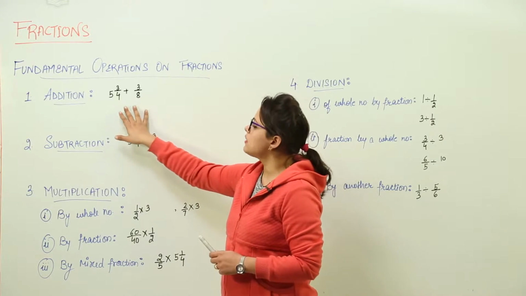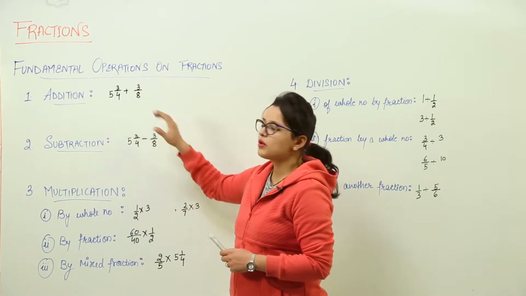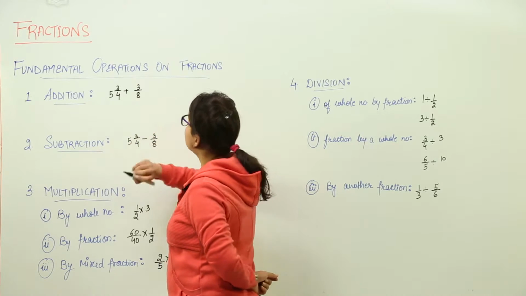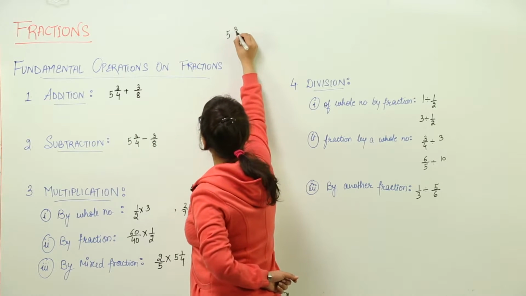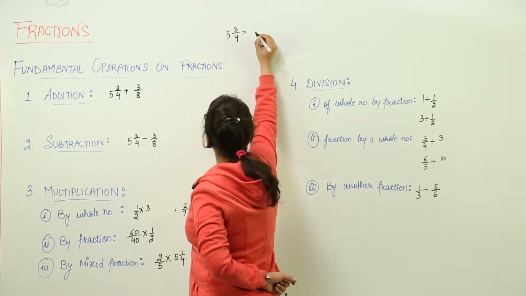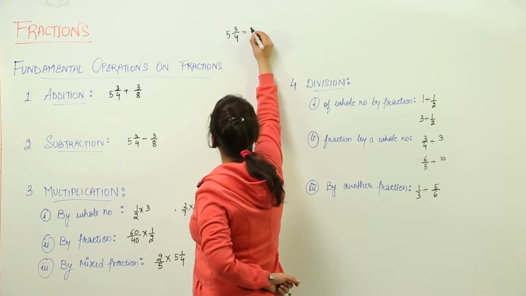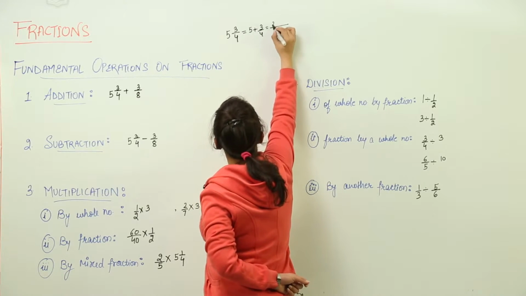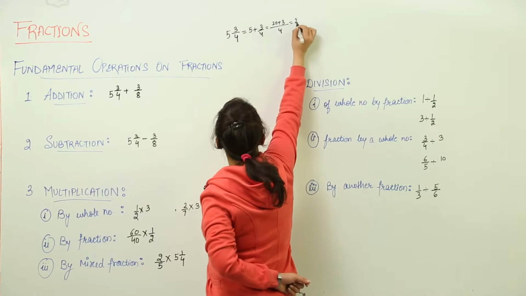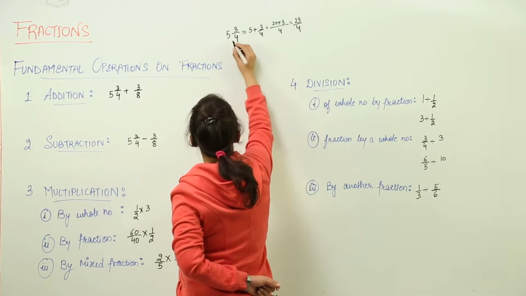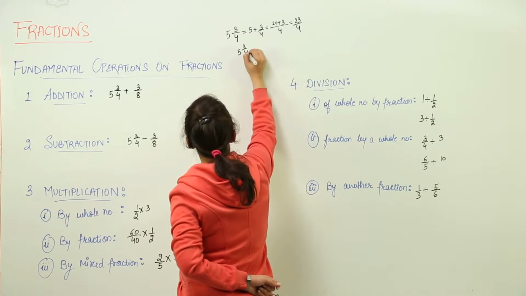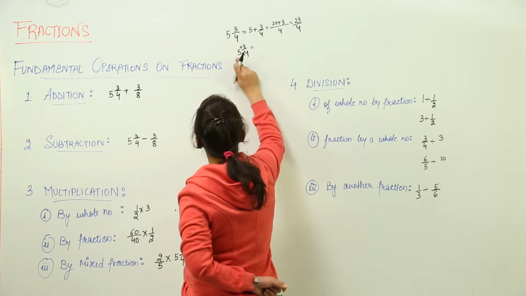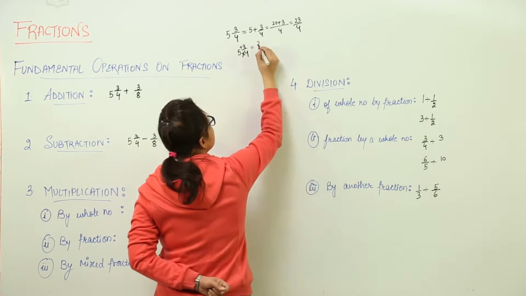Over here I have taken the example of a mixed fraction and a proper fraction. How to add them? First you have to convert this mixed fraction into a proper fraction. Now as we have learned how to convert this into a fraction, you can actually do the addition. This is one way. You would get 4 as the LCM, 4 5s are 20, 20 plus 3 is 23, and you get 23 over 4. Or otherwise the shorter method to do this is you make a multiplication sign and plus sign over here. That means 4 5s are 20, 20 plus 3, 23 upon 4.